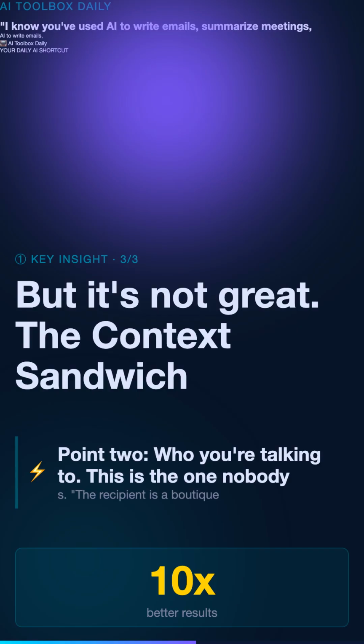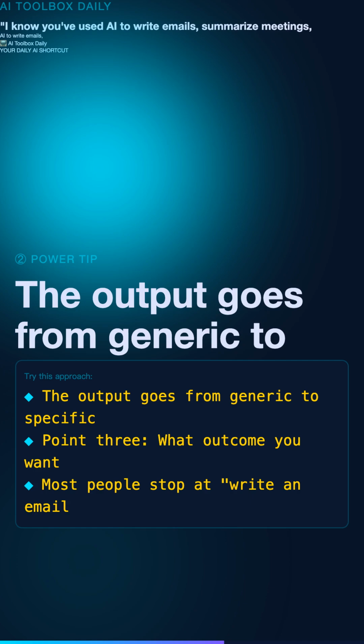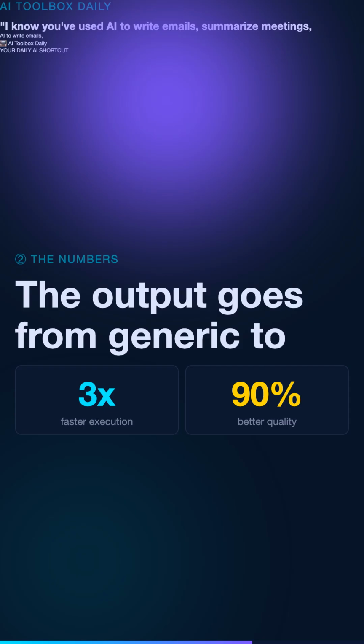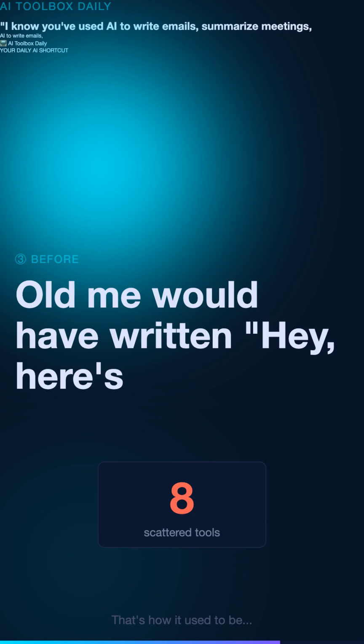Let me show you how this plays out in real life. I needed to write a proposal for a client who kept ghosting me. Old me would have written, hey, here's my proposal. New me used the context sandwich. I'm a developer who's already done a discovery call with this client. They're a SaaS founder who's been burned by bad developers before. My goal is to rebuild trust before I talk pricing. The AI wrote an opening paragraph that acknowledged their past experience, referenced our call, and set up a low-pressure next step. The client replied in 2 hours, not because the AI wrote magic words, but because I gave the AI the right chessboard to play on.